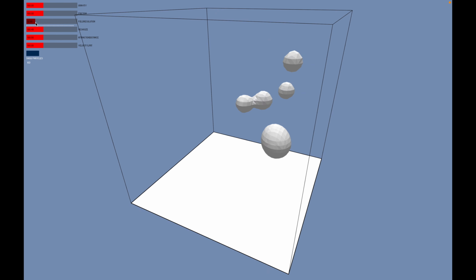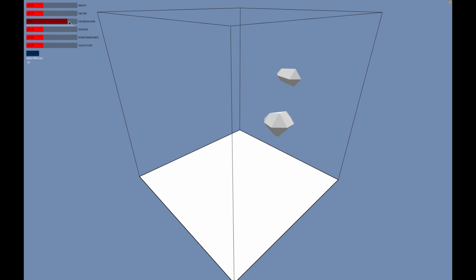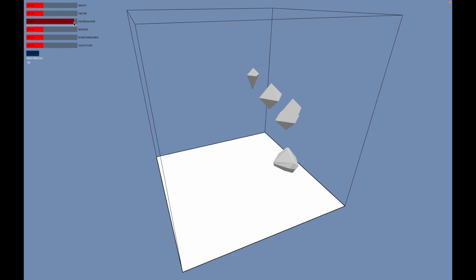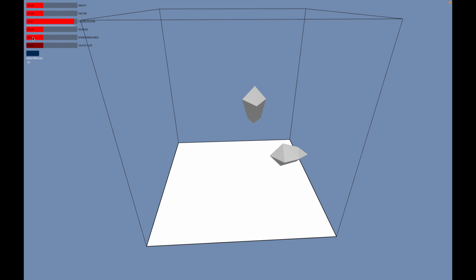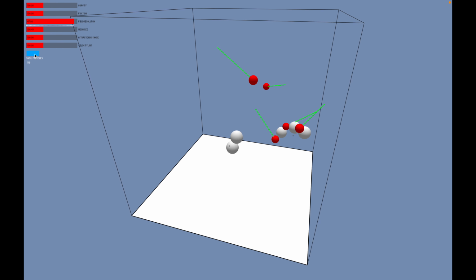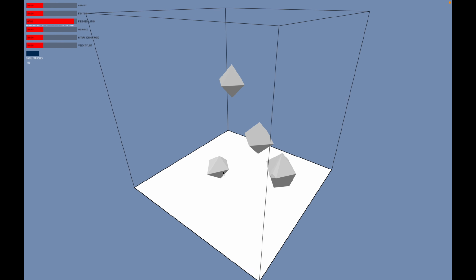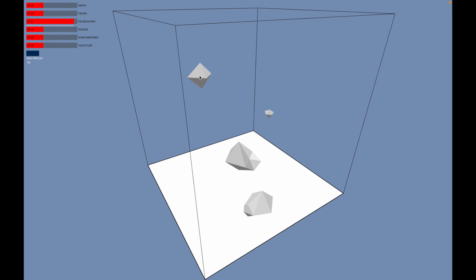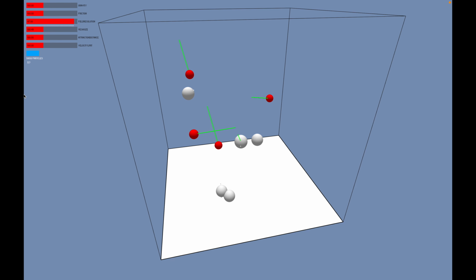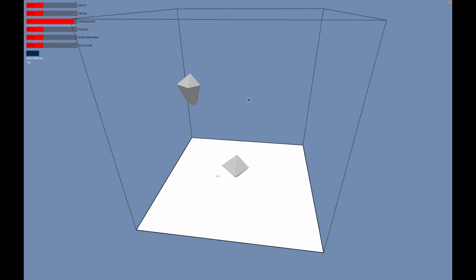So if we bring this all the way up, we have these really pixely values. So you can see here that we've got quite a few particles, but some of them just kind of pop in and out of existence as they move through the cube. So the resolution just isn't there to support